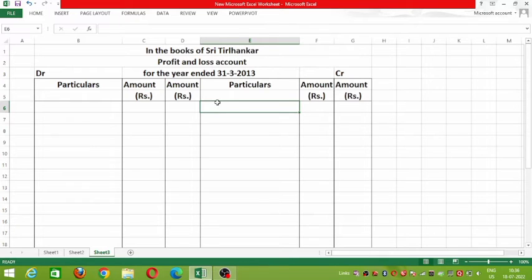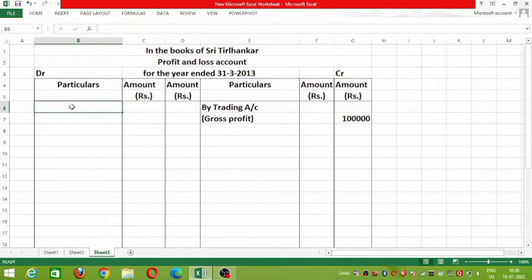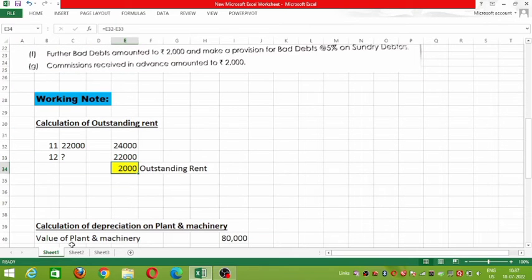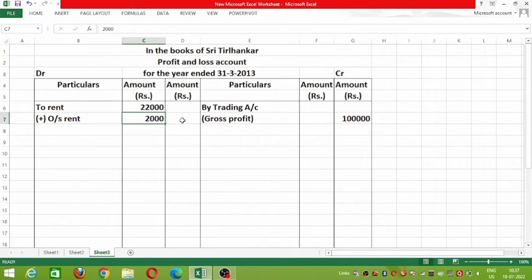First information they have given is gross profit. Let's write on the credit side. Amount is rupees 1 lakh. Next, rent they have given. Rent is an expense, so it will be on the debit side. What is the amount? 22,000. For this we need to pass adjustment, so I am writing in the inner column. Add outstanding rent amount; we have done the calculation already. I'll show you once. So 2000 is the outstanding rent. The total amount will be